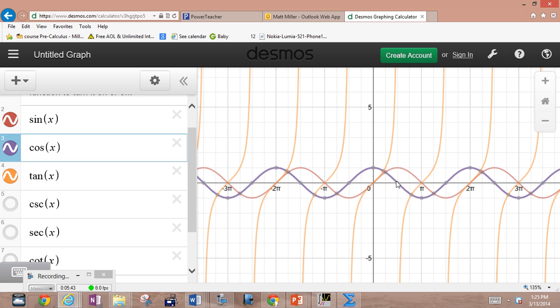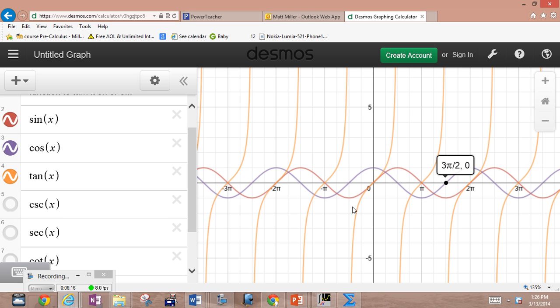Okay, here's our value of pi over 2, in which we see there's an asymptote. Okay, all right, there's another asymptote where the cosine hits 0 again, which is 3 pi over 2. Okay, and if you can see, in between two asymptotes, we have the entire tangent graph, which means that the tangent graph, its period is only half the period of the